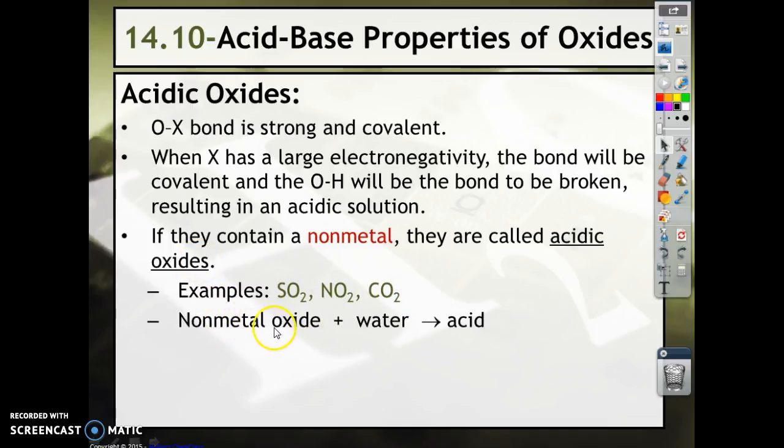A nonmetal oxide like SO2 plus water will produce an acid. And when I'm saying that these OH bonds are broken, what I mean is the bond in between here. So I release an H, and that H that's released is what causes it to be acidic. So for example, SO2 plus water is going to become H2SO3 because they're essentially combining to make a bigger compound that's more acidic with these hydrogens